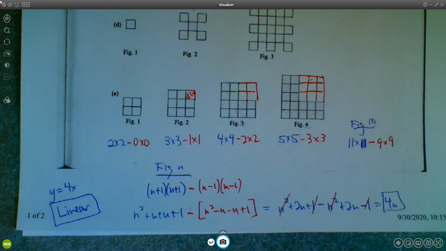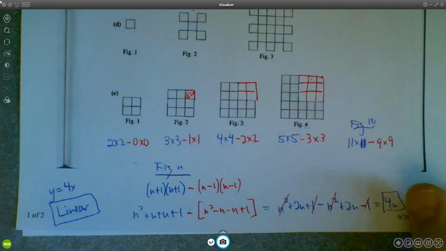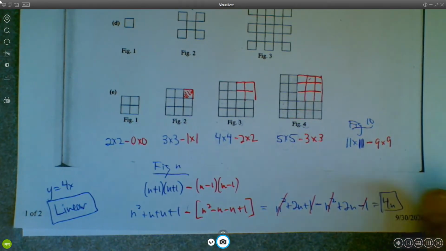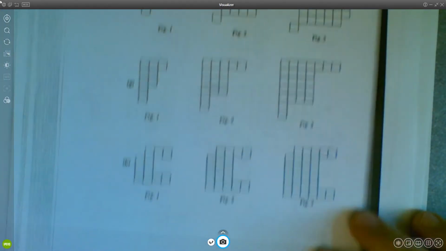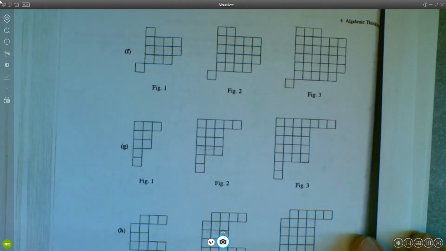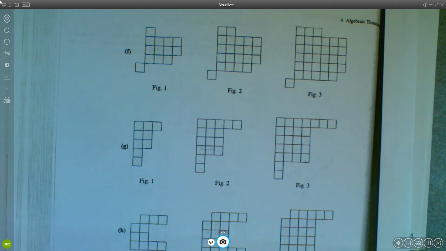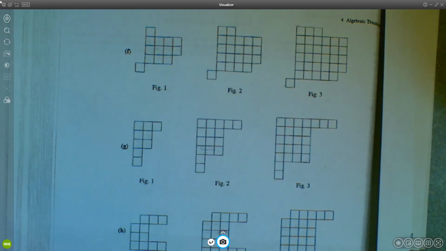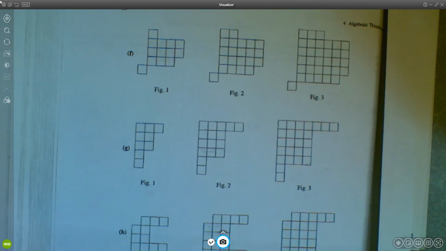Okay, so part E is definitely linear growth. Anyway, I'm going to try to move through the others a little bit more quickly. So maybe I'll just give you one way to think about these. There are multiple ways to think about these, but I'm just going to give you one in the interest of time. So looking at part F,